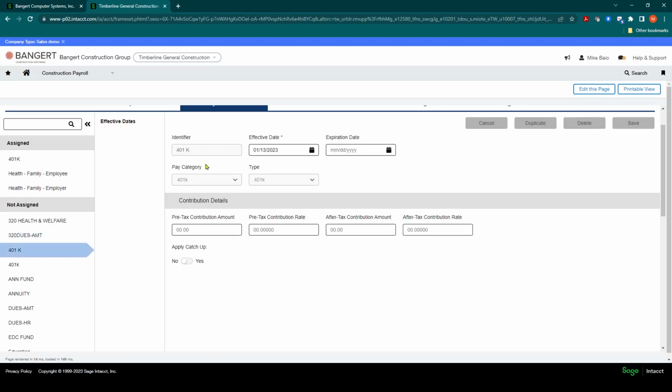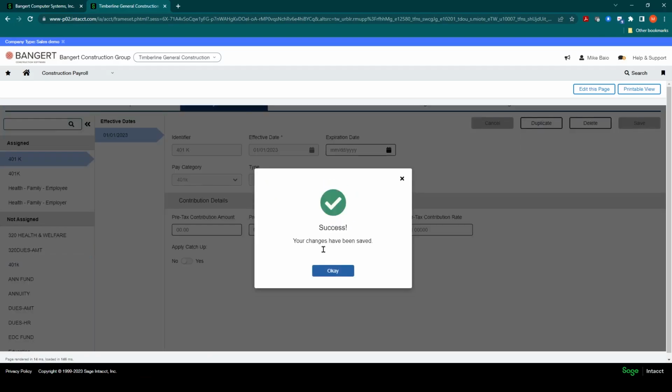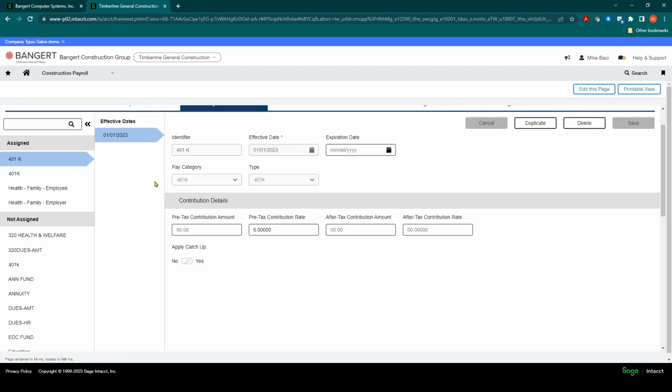You click it, and over here it's going to pre-fill some of the information in. So you can put an effective date in. And for the employee contribution, you can key in either a flat amount or a percentage rate. So let's say this employee is going to hold 6% of their gross pay. You can type that 6% in there and click Save. The 401k for that employee is now set up and it's ready to process for payroll. Thank you.